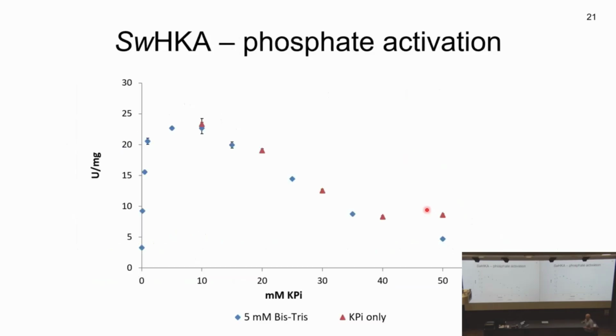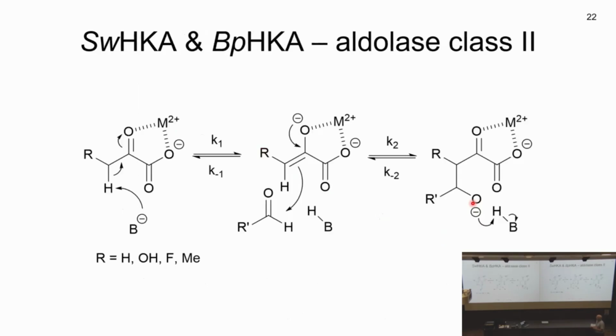And the first thing we double checked is whether it's a pH influence thing. So we took a buffer, not phosphate, to set the pH and just added a little bit of phosphate. And you can see that we have the same effect whether there's buffer and phosphate or only phosphate. And if you go up in phosphate concentration, you lose activity because then your metal precipitates as a metal phosphate, which is insoluble.